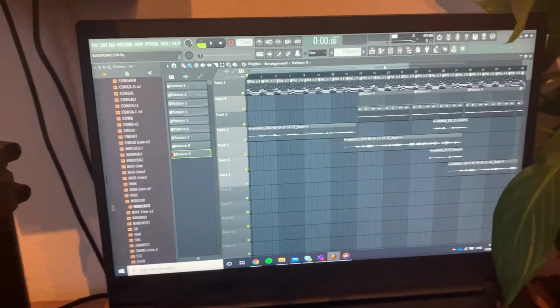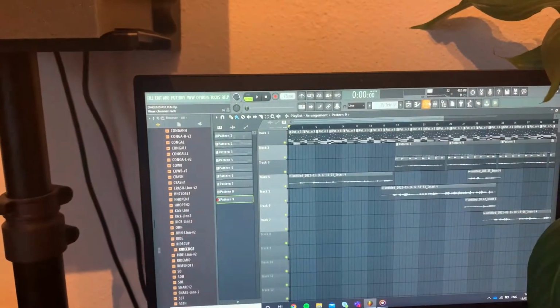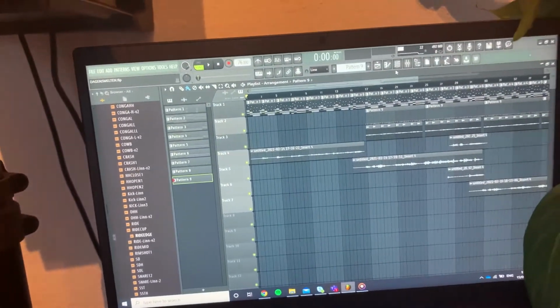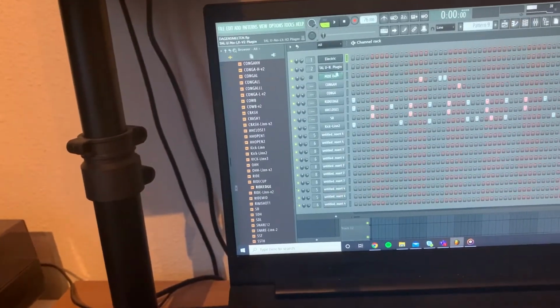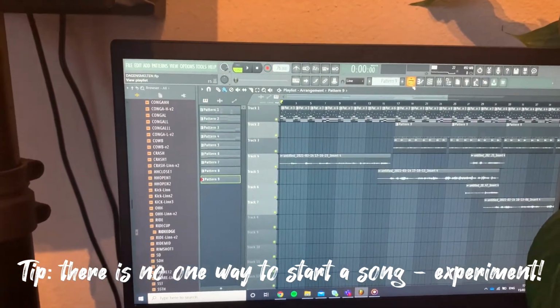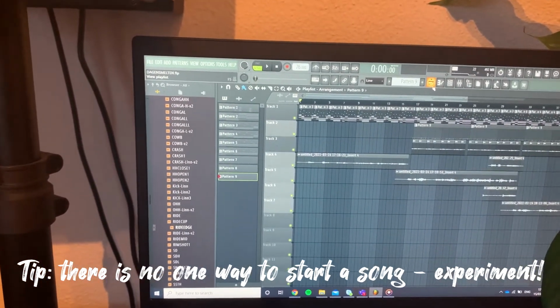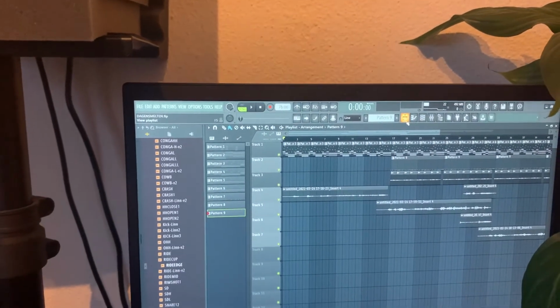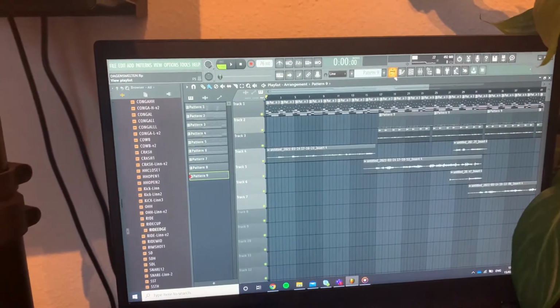But don't see this as a guide, because it's always good to keep the freedom. Start with the drums, start with the bass line, start with playing on your guitar, start with making crazy noises on the synthesizer. Do what you feel. But if you're not sure yet what you feel, I always start with the chords, because they already give you a nice basis for what it's going to be like.